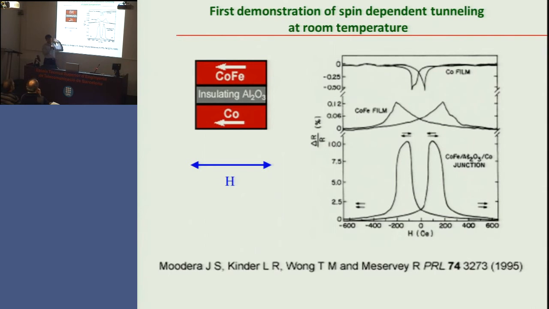It shows an anti-parallel state. And then if you take the magnetic field further down, all the magnetizations of the ferromagnets will align that way, and they have a parallel state. Anyhow, in the experiment, by sweeping the magnetic field this way and that way, you could have a high resistive state and a low resistive state. By this experiment, they claim, okay, the first demonstration of tunneling magnetoresistance.